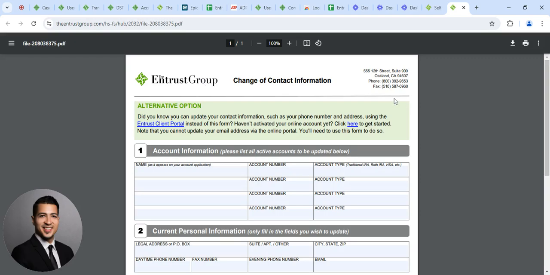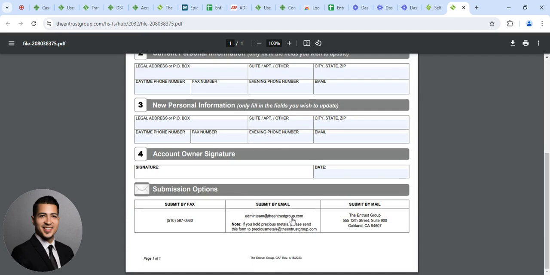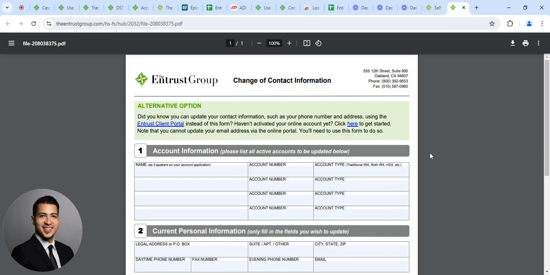Once you complete this form, you have a couple options. You can go ahead and print it out, scan it, and then email it back to us, fax it, or mail it. Here's our fax number and our address. And if you scroll down in the middle of the page down here, you'll see the email to send it to. You can also electronically sign this form as well, but keep in mind that we only accept electronic signatures